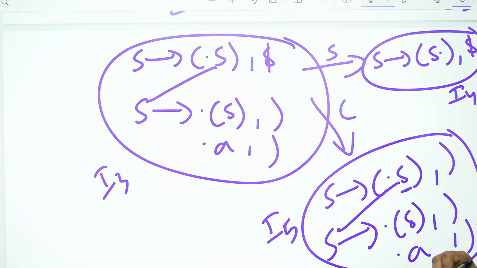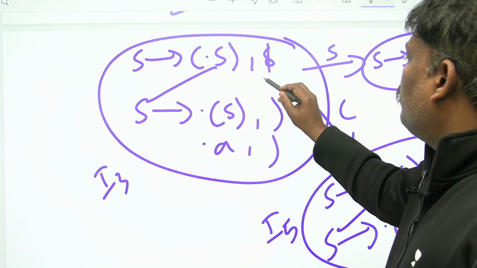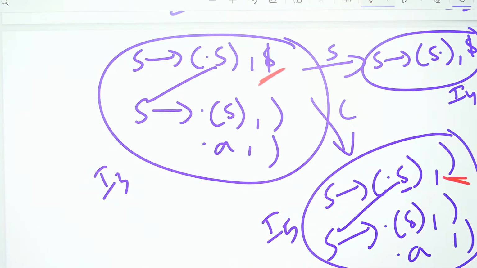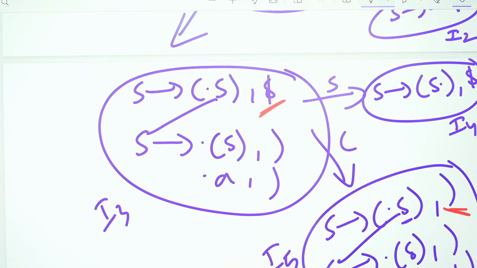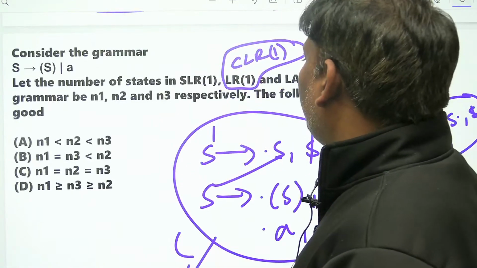Listen now. I3 state and I5 state, if you observe, both are exactly the same, differing only in lookahead. Please check. That indicates two states differ only by lookahead. They are two different states in CLR1. But in the case of LALR1, you have to merge them. Those two become one. So here itself you can say CLR1 has more states, LALR1 has fewer states. Problem over. The only confusion I had was how many states CLR1 and LALR1 have. Now I got the conclusion.